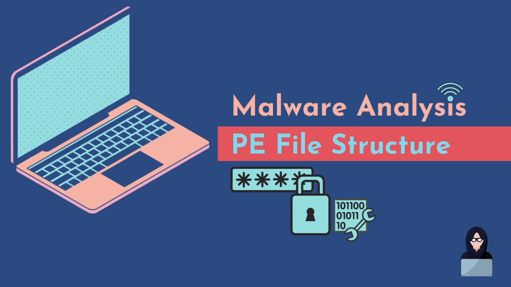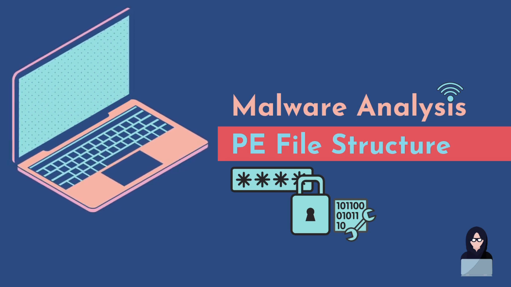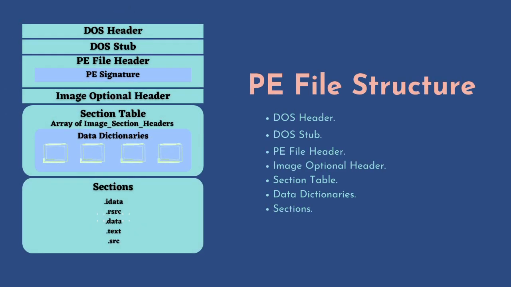Today in this video we are talking about PE file structure. PE file format is actually a data structure that tells the Windows OS Loader what information is required in order to manage the wrapped executable code. This includes dynamic library references for linking, API export and import tables, resource management data, and TLS data.